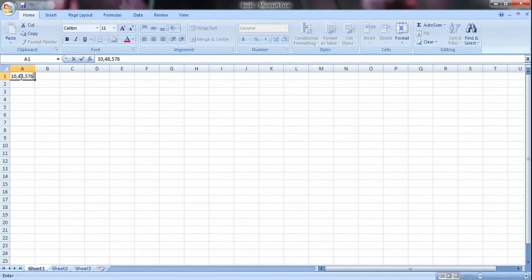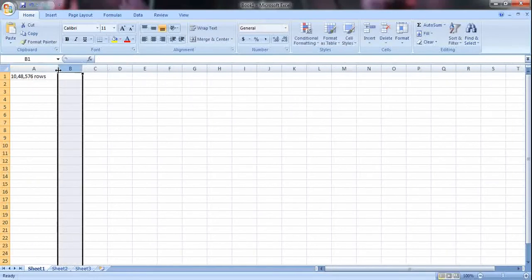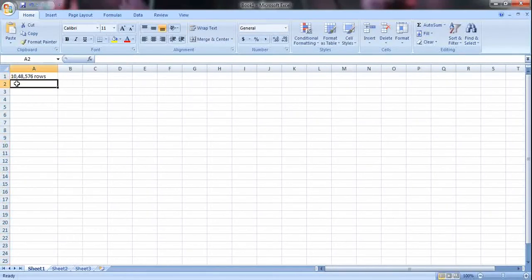Similarly, there are 16,384 columns in every Excel sheet. So this is the number of rows in every Excel sheet and this is the number of columns in every Excel sheet. So you need to remember the numbers.